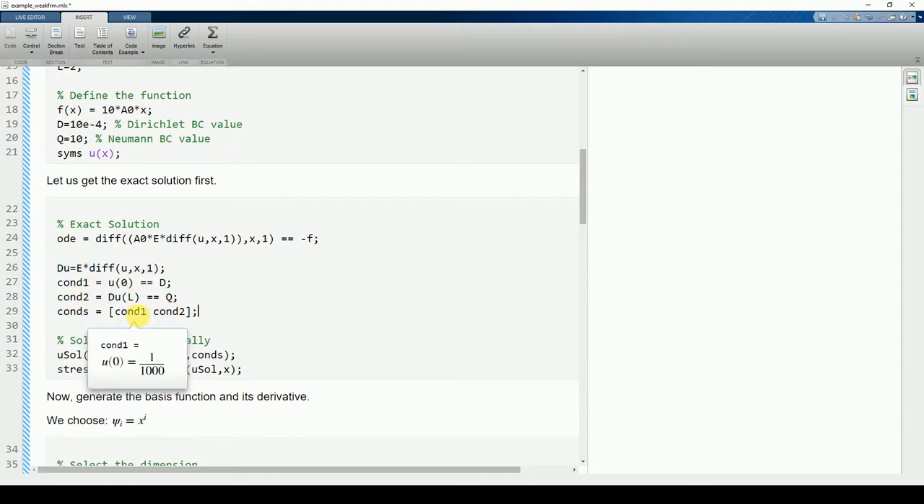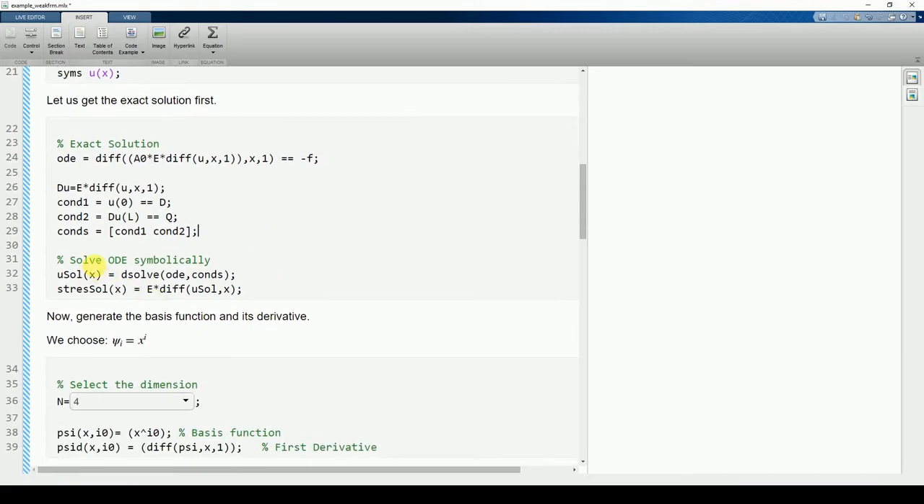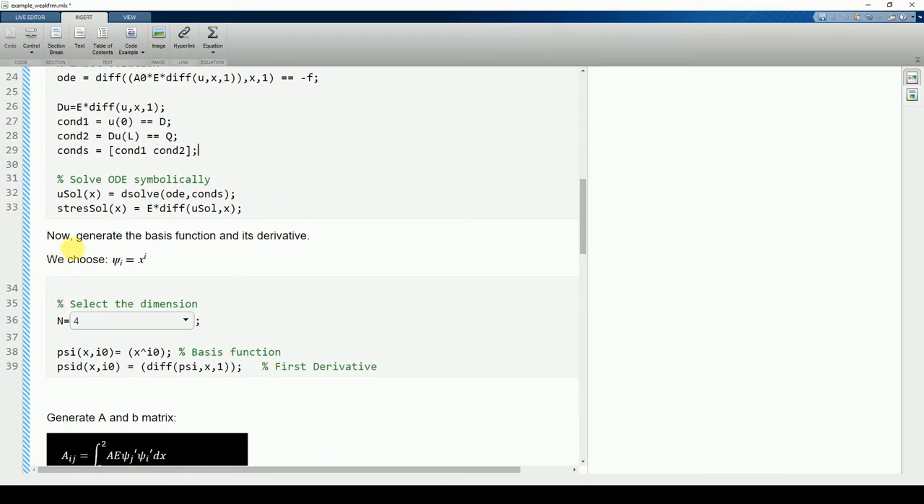Okay, this is the Neumann boundary condition. Now we solve this ODE symbolically. Okay, this is the actual solution of our ODE, and the stress solution looks something like this. Now let us generate the basis functions by choosing a basis function of this type,